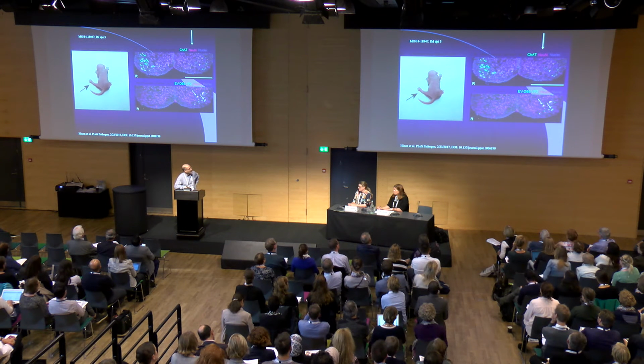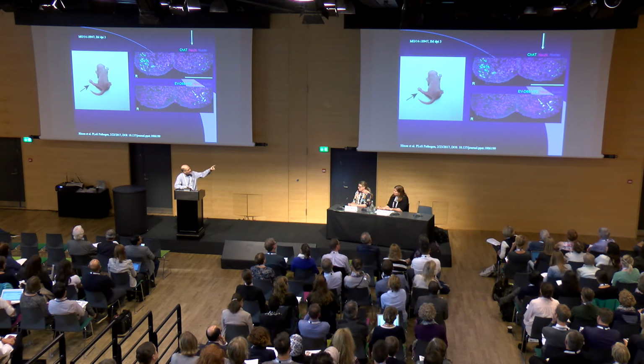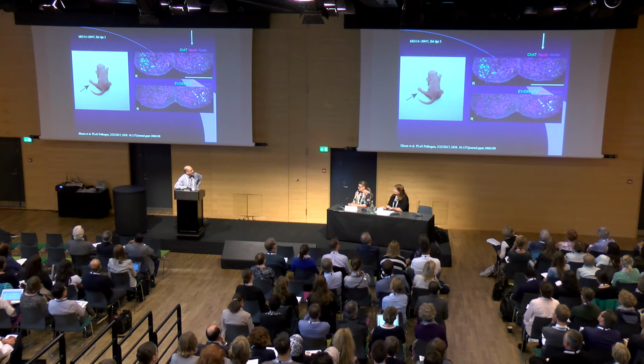So this little guy had a left hind limb paralysis. If you use choline acetyltransferase to stain for motor neurons, you can see there with the side with the white